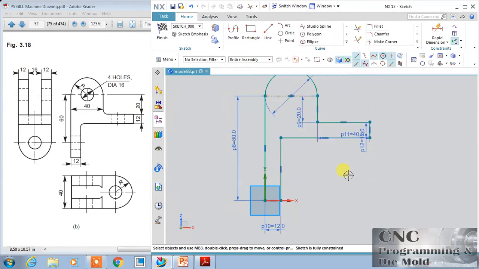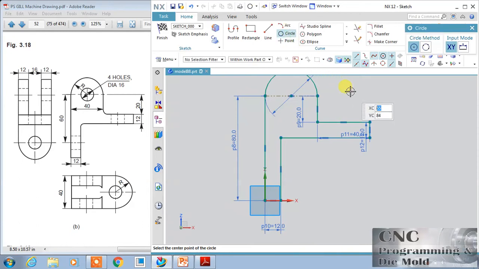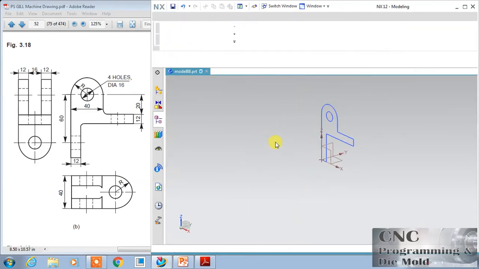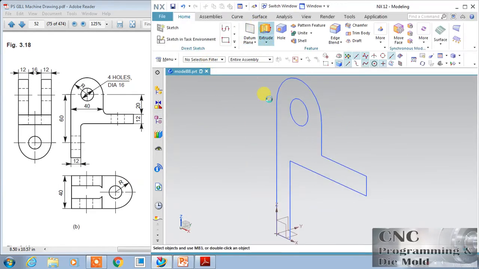So this is my reference line, and create one more circle, and this hole is 16 diameter. So change this to 16. Now finish the sketch and extrude.